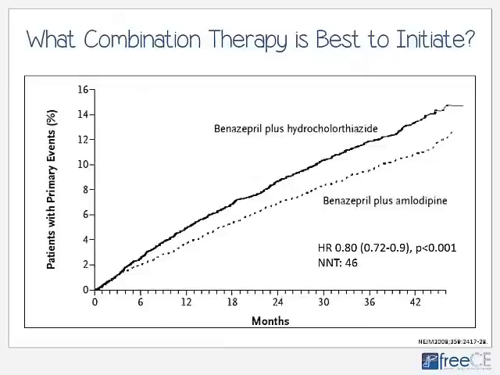So the results of the ACCOMPLISH trial showed a significant benefit in the ACE inhibitor plus calcium channel blocker group compared to the ACE inhibitor and HCTZ group. Now, could this be because they chose to use HCTZ and not chlorthalidone? Obviously, we don't know what would have happened if they used chlorthalidone instead, but it did show in this high-risk patient population that there is a statistically significant benefit to using ACE inhibitor and calcium channel blocker first as your